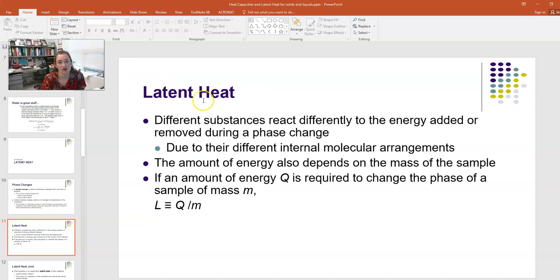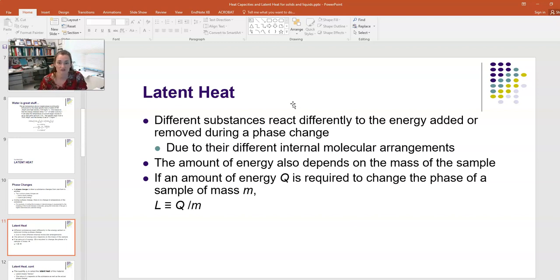That's why it's called latent heat. See, latent means hidden, okay? So the hidden heat is the amount of heat that you have to add to get the thing to change phase completely. Now, different substances react differently to the energy added or removed during the phase change,